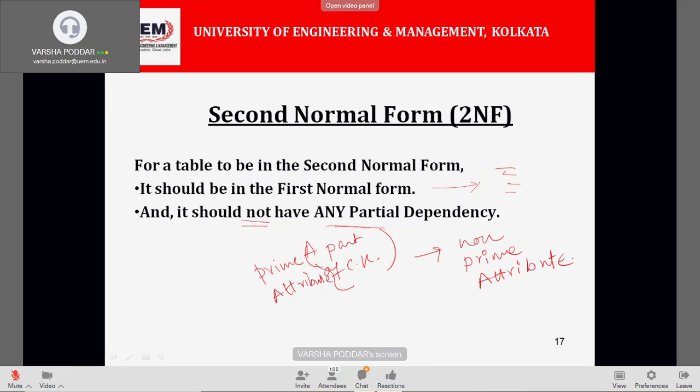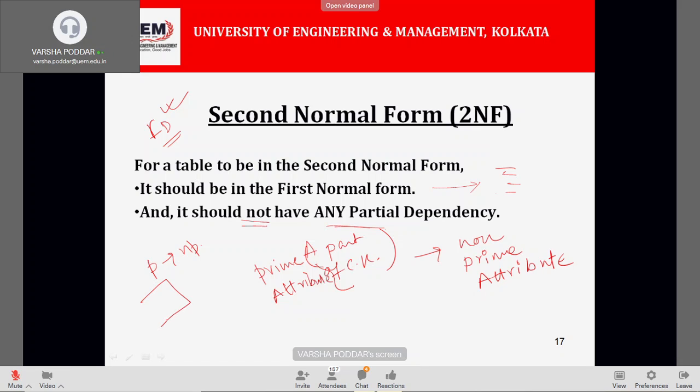Fine. So how do we determine whether there are partial dependencies or not? We have to consider the FD set from 2NF onwards. So not only will the table be given to you to judge whether it is in 2NF or not, we will have the FD set also, in order to check whether it has any partial dependency or not. So if there is any partial dependency, if there is any prime to non-prime dependency, then what will we do?